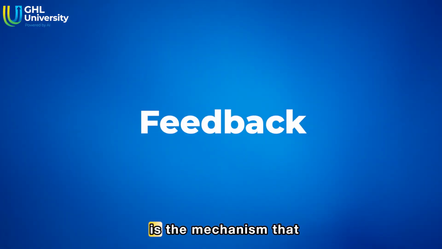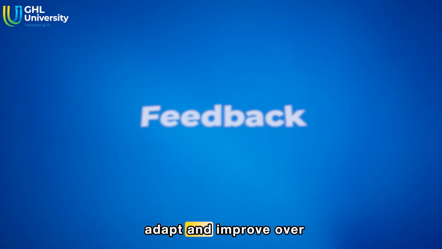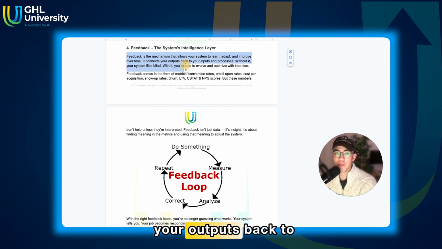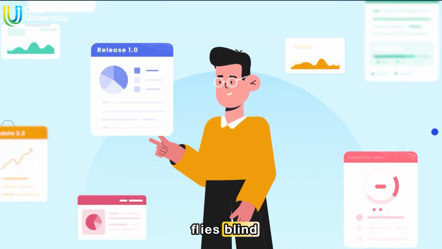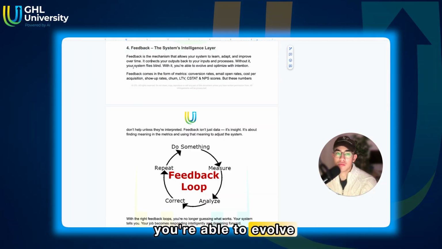Feedback. Feedback is the mechanism that allows your system to learn, adapt, and improve over time. It connects your outputs back to your inputs and processes. Without it, your system flies blind. With it, you're able to evolve and optimize with intention. Feedback comes in the form of